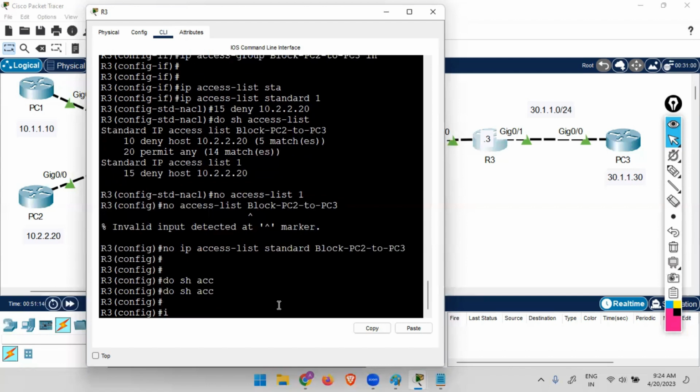So now both of these access lists are in inbound direction. Which one? Block PC2 to PC3 is an inbound. Yes, this access list 1 was. No, I didn't apply this. I just showed you that you can use a manual sequence number also, as well as you can edit a numbered access list using the named method also,